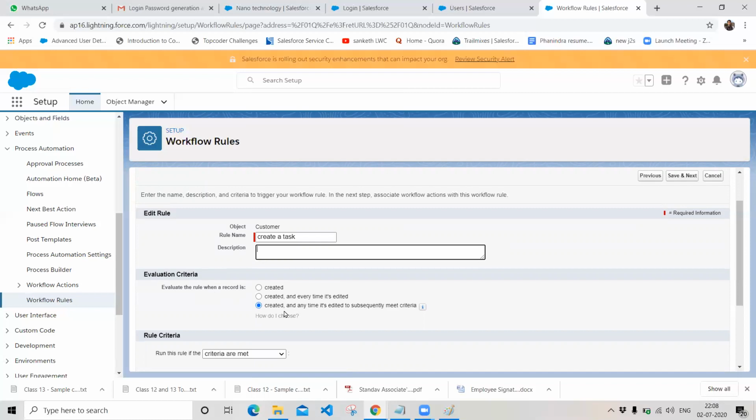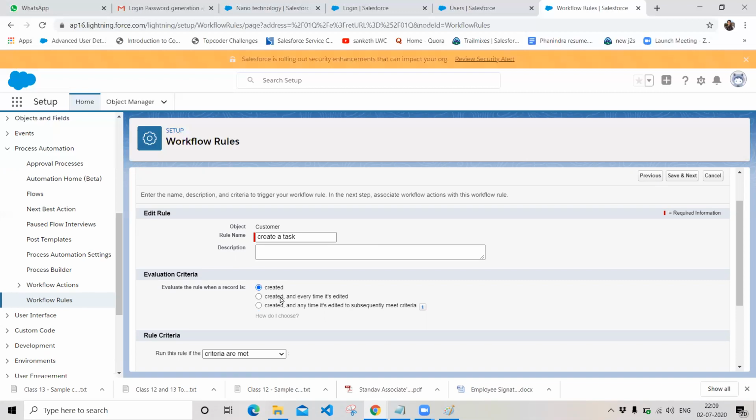Whenever you are creating a record, if you want to perform any automation actions like sending an email, creating a task, creating an outbound message, or making a field update, on whichever criteria you want, whenever a record is created and I want to do a specific operation, you can enable the option Created.